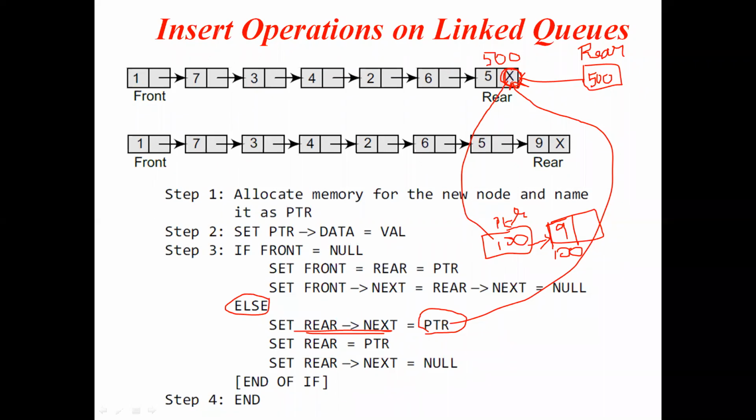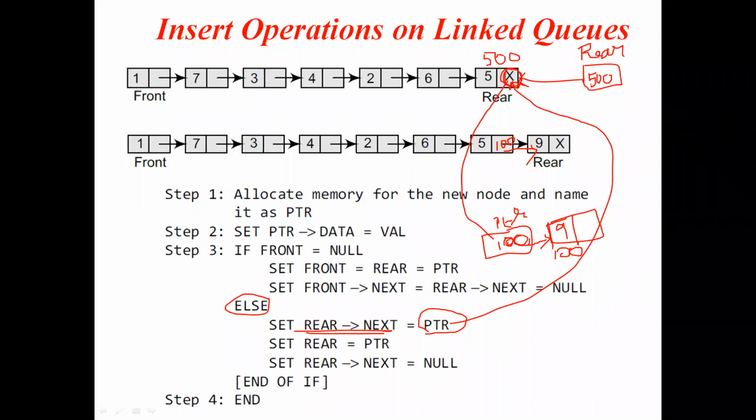Once I make 100 here instead of x, let me write here in the second diagram. Instead of x, I am updating with 100. It automatically points to the next element, I mean the newly created node. And what else should you update? Earlier, the rear value was 500. Now the newly created node is the last element, right? And what is the last element's address? 100, right?